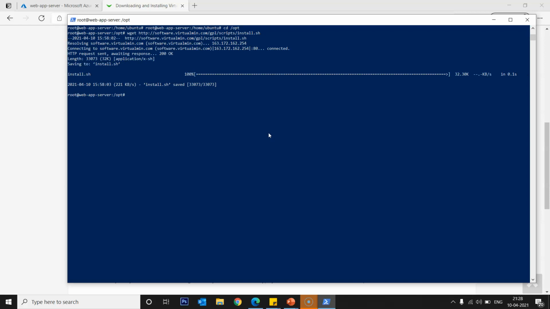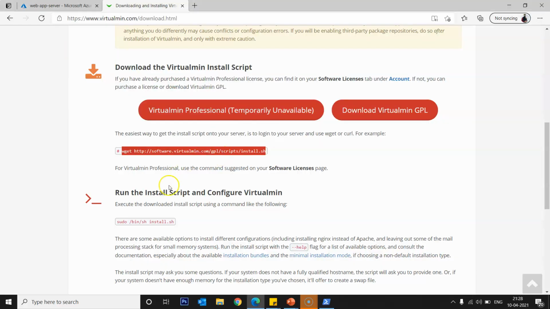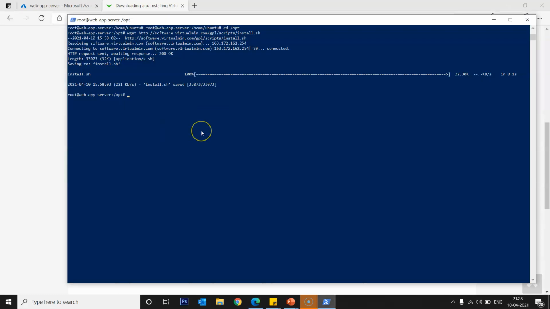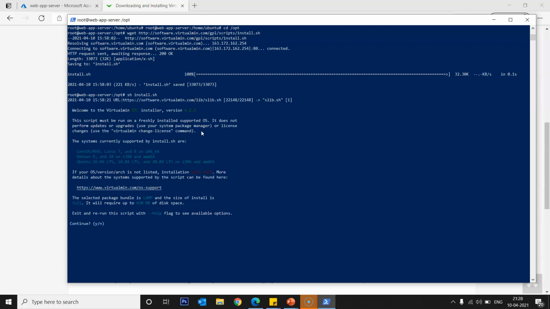Now your sh file is downloaded. There are a number of ways you can use to install it. Number one is sudo /bin/sh install.sh, or you can directly use the command install.sh. Now let's enter. You need to press Y to continue.